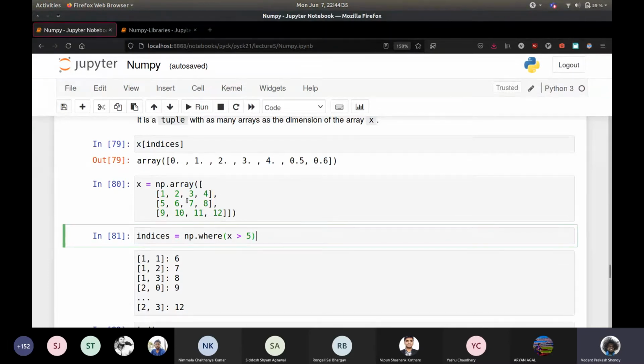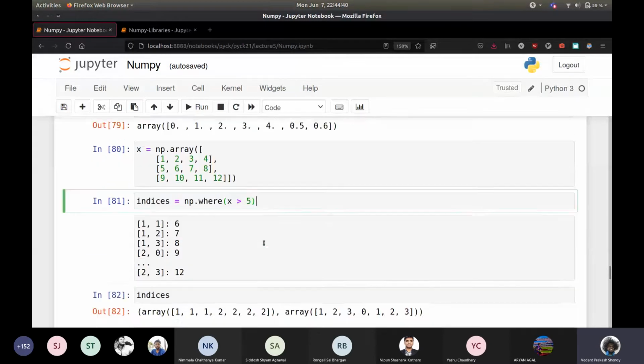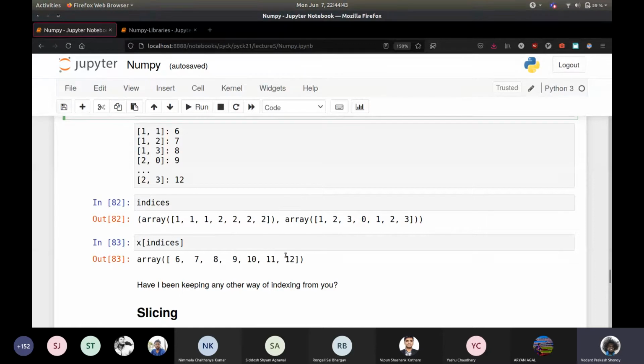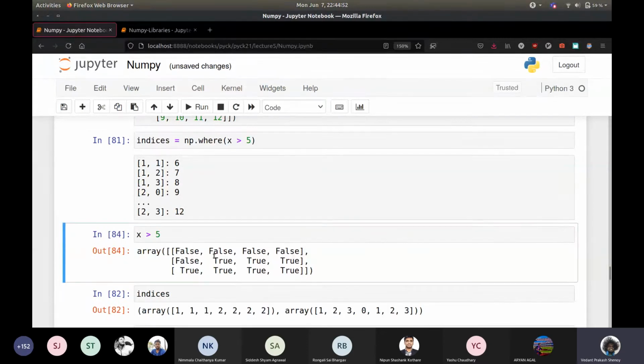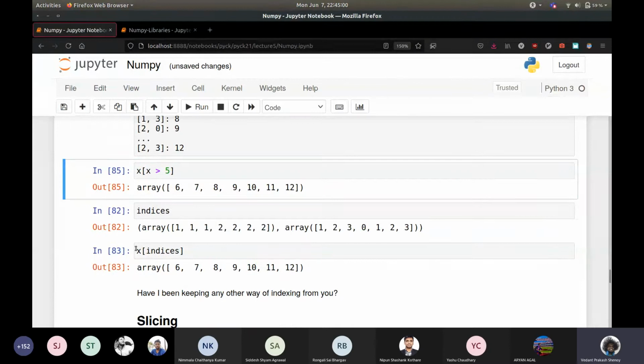So okay, sure, you can come up with something, but if that were not the case and you just have some random true and false here and there, then there's no real way of keeping that two-dimensional structure. Okay, but of course, like earlier, if you just do x greater than 5, this will return a two-dimensional array which has a data type of boolean. And if you do x where x greater than 5 here, you'll basically get the same thing that you get with x of indices. Okay, so depending on how you want to use it, you can just directly use this, or you can use numpy.where if you want those indices as well.